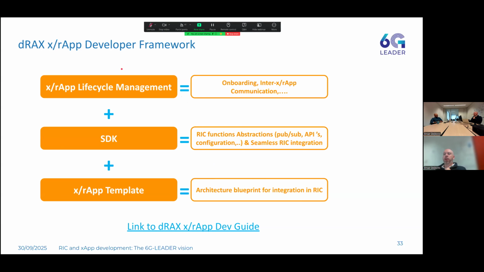So this framework lies on basically 3 pillars, I would call them. The first one is xApp or rApp lifecycle management, meaning how you package these things, how you onboard them, how you configure them, how you delete them, how they integrate and register within the RIC, how they connect to all these different interfaces. This is all done by the platform itself. So you as an xApp or rApp developer don't need to worry about that part of the development, which I think alleviates a lot of prerequisites that you first have to do before even jumping into the use case that you're tackling.